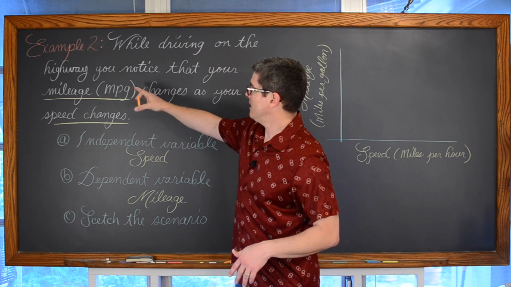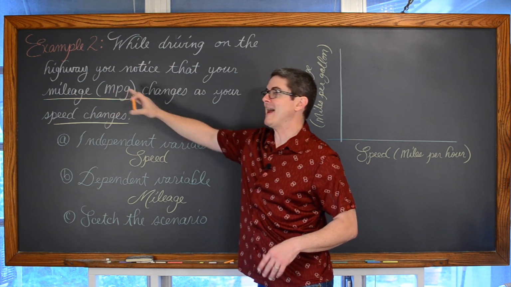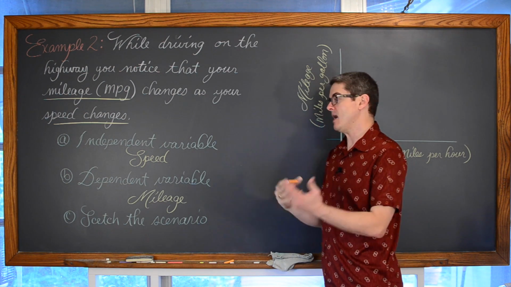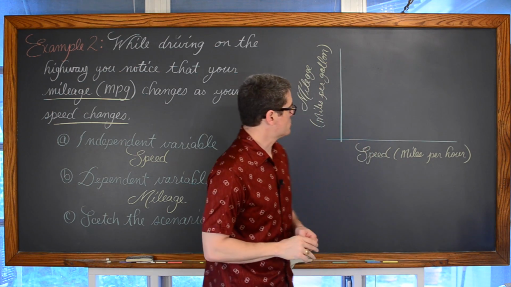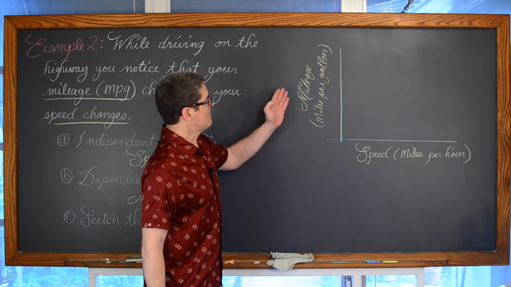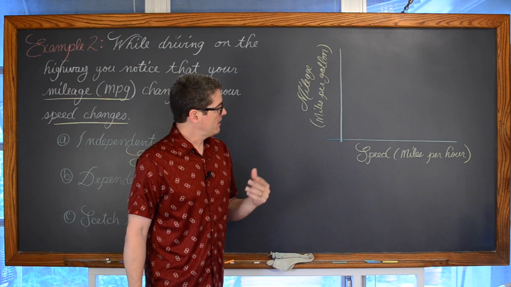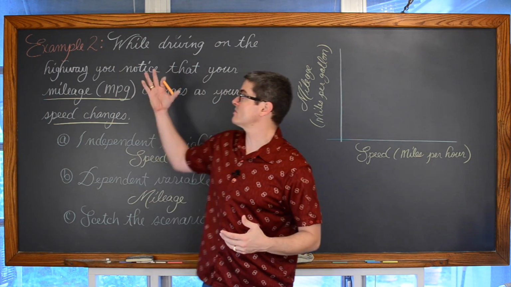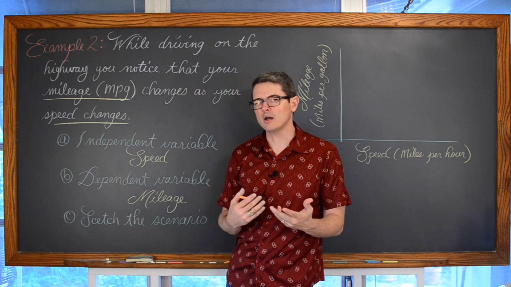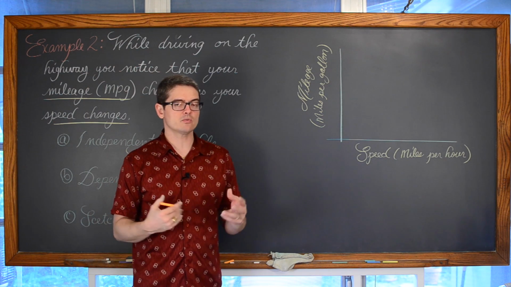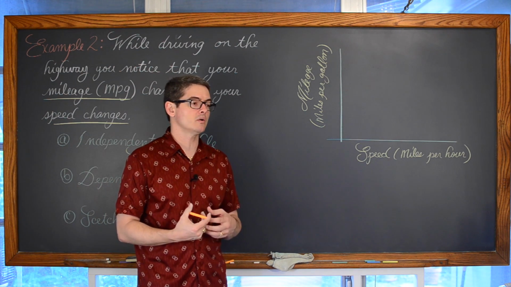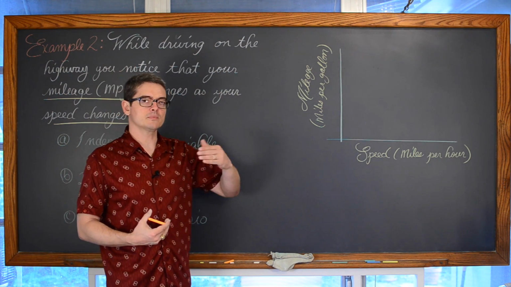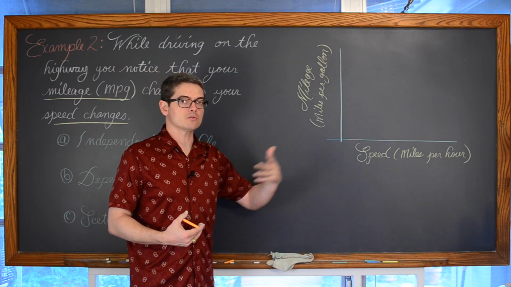Now the speed, I said the mileage was in miles per gallon. That's what that MPG is supposed to stand for. And thus we're still doing this miles and hours idea. So our speed is going to be in miles per hour. The mileage, miles per gallon. And what did your sketch look like? I boarded this so that we were already in motion and already on the highway driving a particular speed, so we don't have to talk about, well, if you're sitting still, your mileage is 0, and how the efficiency of your car changes as you go from 10 miles an hour, 20, 30, 40, 50 miles an hour, and so on until you just speed up.